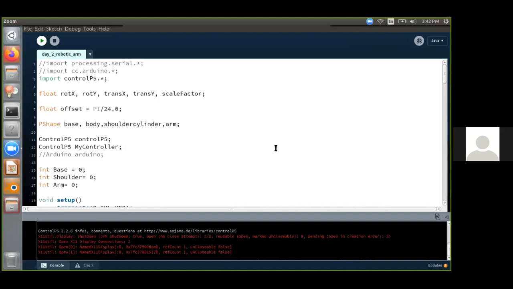Okay, Dr. V. Muthukumar is asking to repeat the first step alone. I'm not sure what he means by the first step. Dr. V. Muthukumar, can you please elaborate what is meant by the first step?